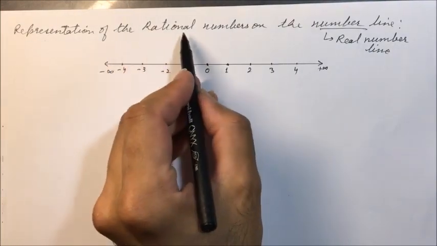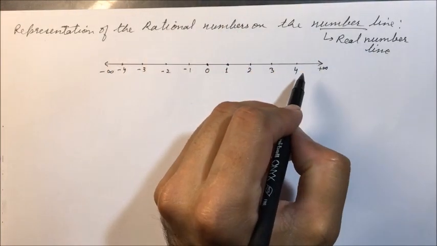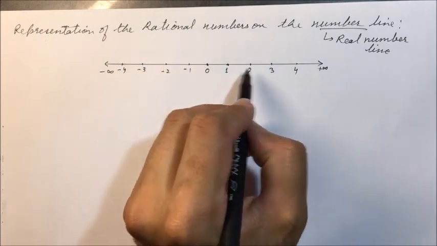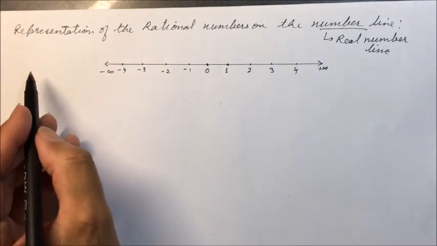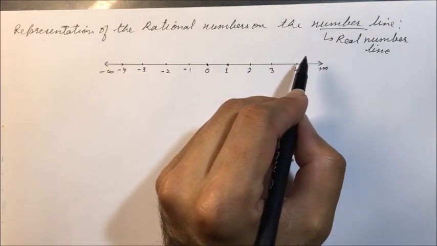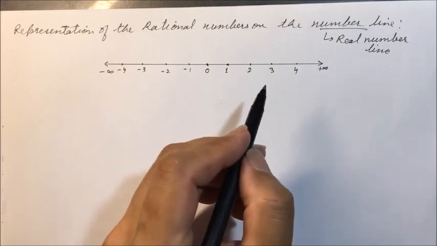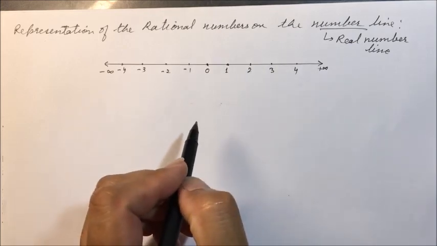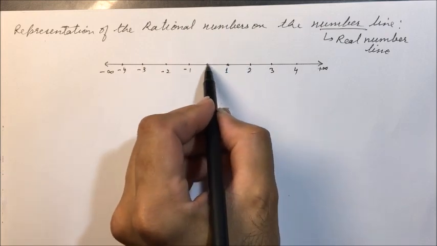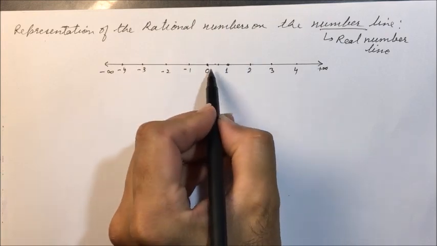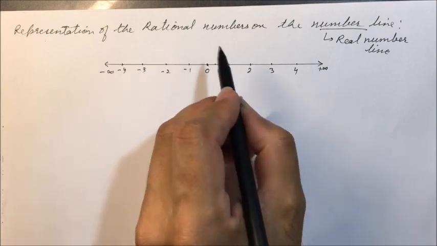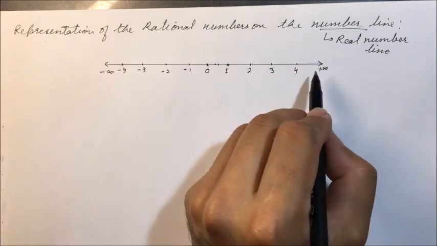Therefore we will be representing only rational numbers on that number line. We won't be discussing how to represent irrational numbers on the number line. Our discussion will be limited to representation of rational numbers on the number line. So I am taking examples from the book. Between any 2 points, there are infinite numbers. So we can represent all the rational numbers on this number line.